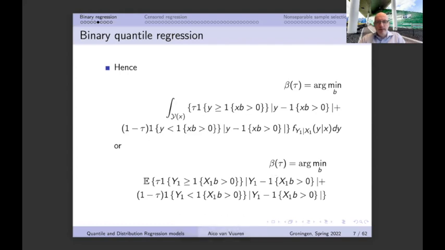The reason behind that is that we should realize that we do not know this function over here. We can only know that function at the moment that we know the joint distribution function of y1 and x1. Generally, we do not know that. So therefore, we can actually not calculate this thing that we have over here.